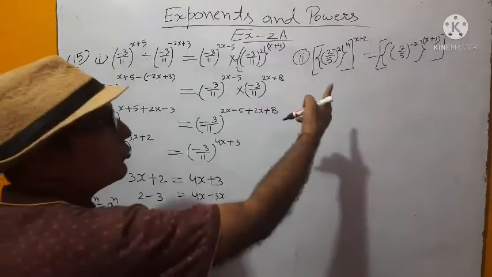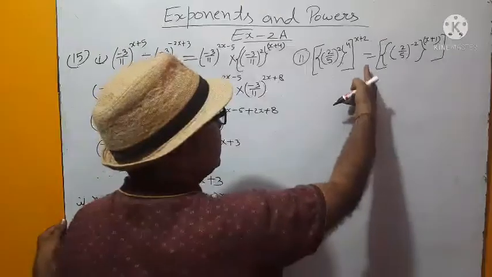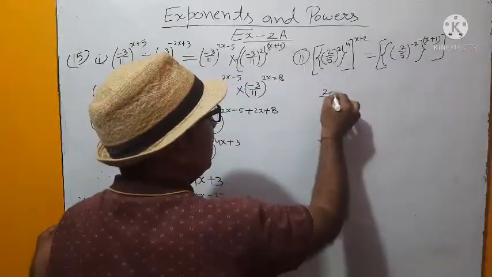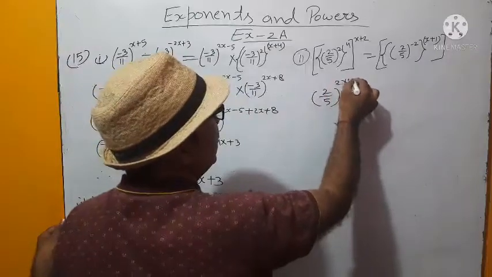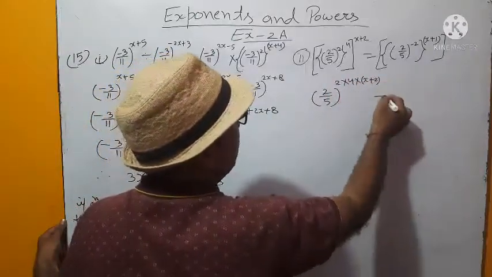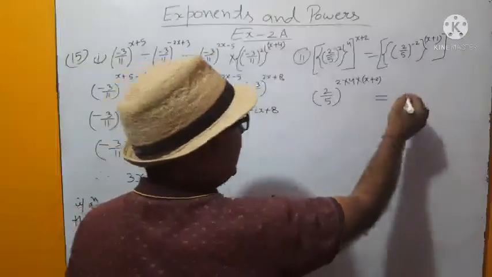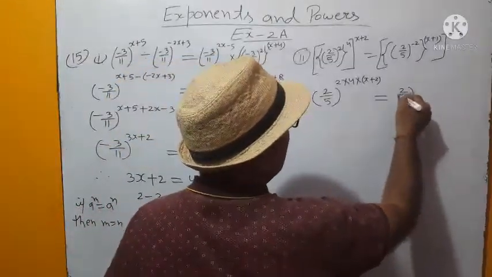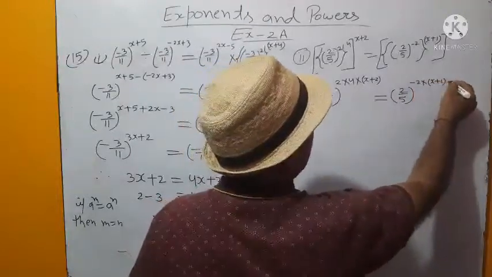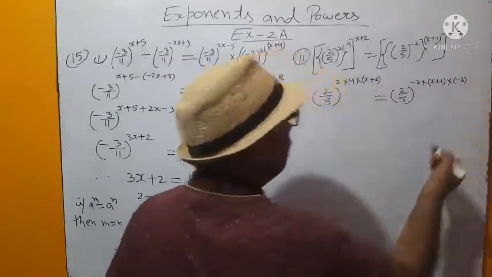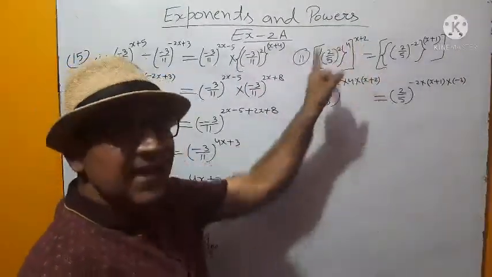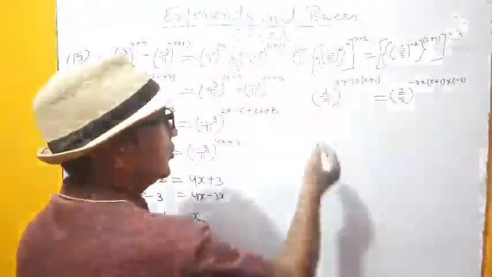Same we are going to do here also. See here, exponents over exponents over exponent. So all the exponents will be multiplied. 2 into 4 into x plus 2. Same in the right hand side also: 2 by 5 to the power minus 2 into x plus 1 into minus 3. Because exponents over exponents are multiplied together. Now solve it.